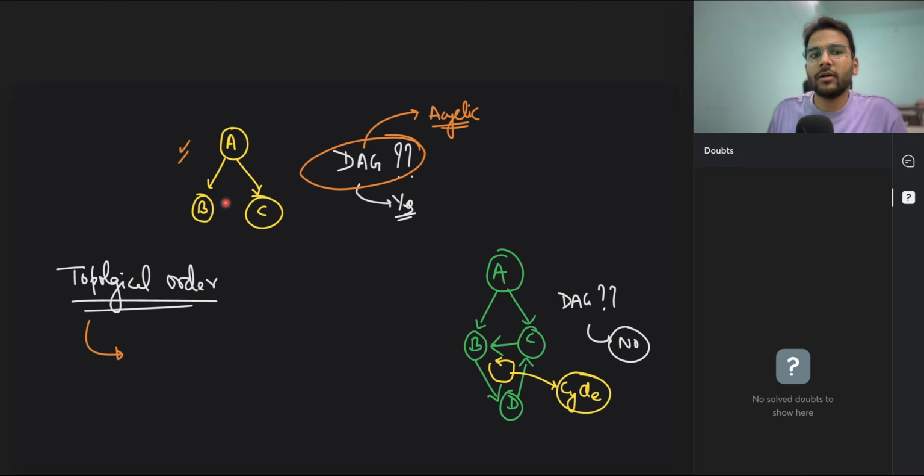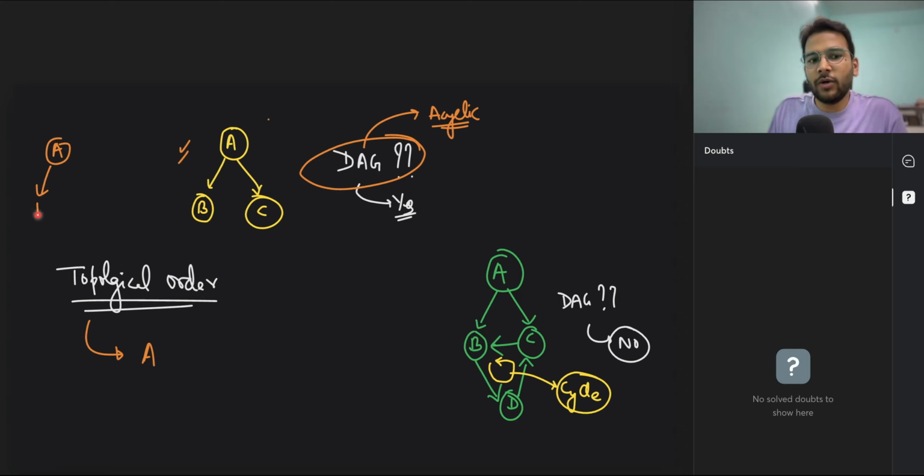So basically you have to start from a vertex which is not having any incoming edge. If you see, A is not having any incoming edge, right? B is having an incoming edge, C is having an incoming edge. So you can write A. In other words, you can say the vertex with lower in-degree, but it is important that mainly we start from a vertex which has no incoming edge, right? So first you can consider A. Now you have written A.